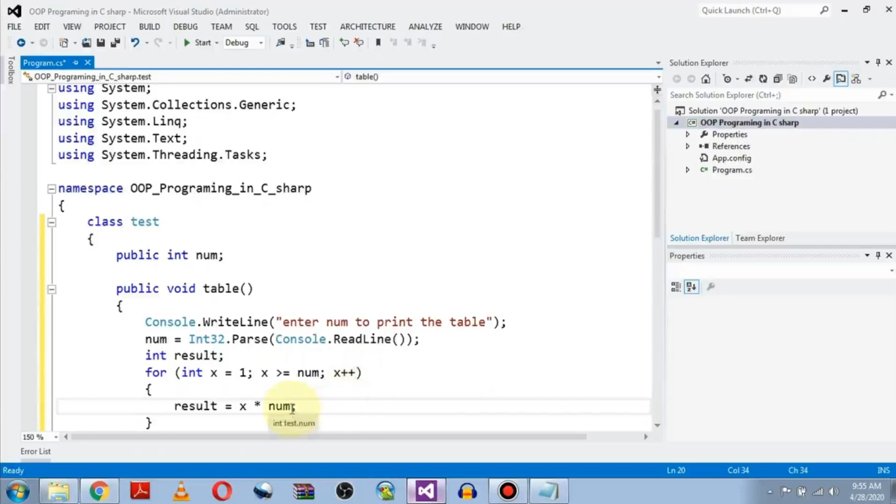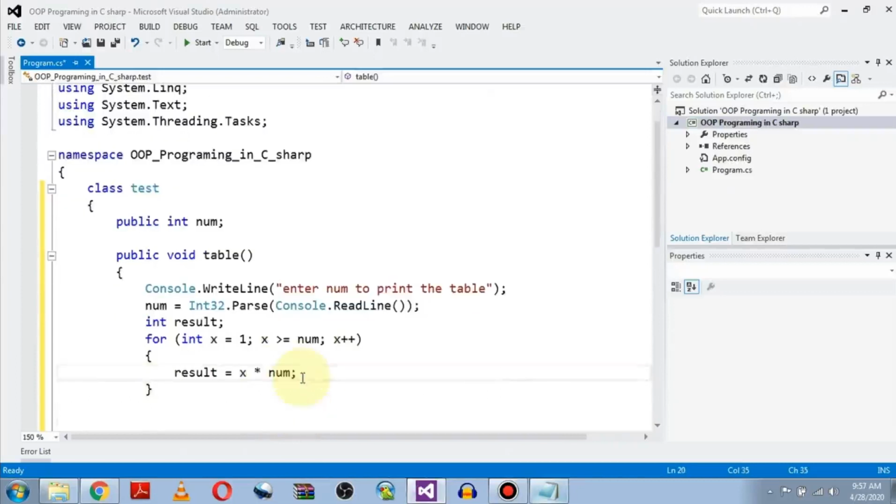Here number will be static and x will be changing all the time. First time it will be 1 and let's say the number is 3, so it will be calculated to 3. Then after this x will be incremented to 2 and number will be the same, which is 3, so 6, and then 3, 4, 5, 6. So this is the formula.